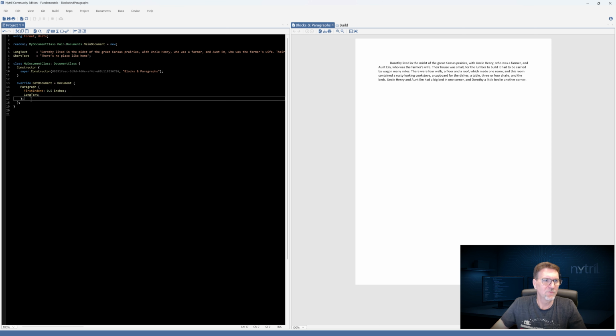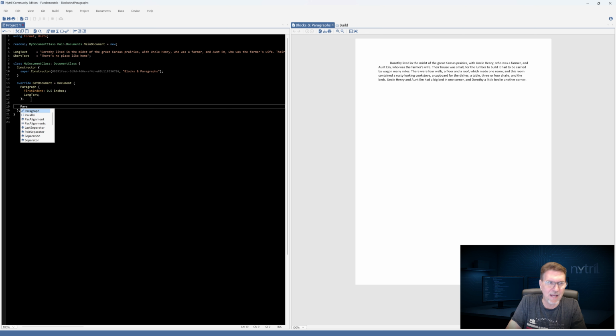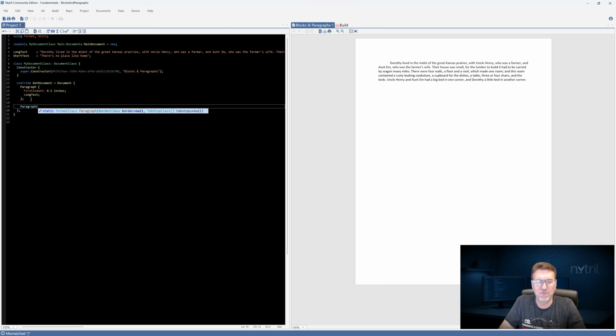the text. So now I want to talk a little bit about starting the paragraph using some of its parameters. So when we actually construct the paragraph here, we use the parameters that it will take to change its appearance. So we can see that this one takes two different parameters, a border and a tab stop class. So to start with here, I'm not going to do borders right away. We're just going to talk about tab stop class.